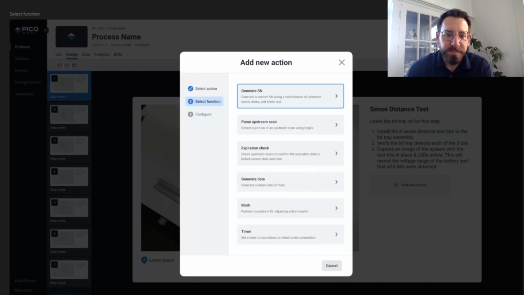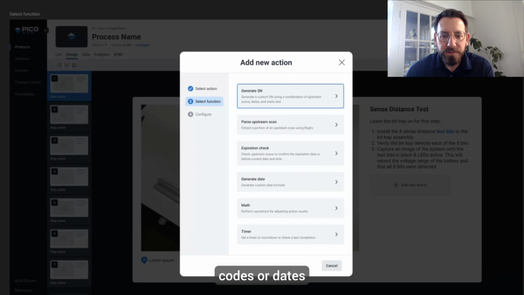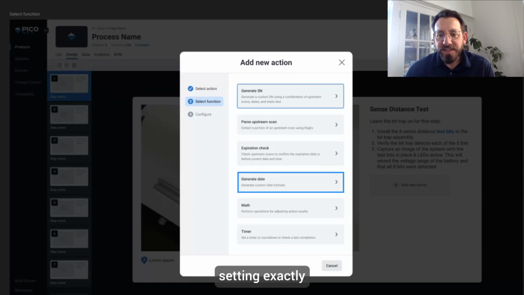Third is an expiration check, making sure that when we scan expiration codes or dates, that it's within a right acceptable time frame. For example, if we're managing epoxy or Loctite, we want to make sure that that lot of material is appropriate for our manufacturing cycles. Fourth is generating a date to be able to make sure that we are setting exactly